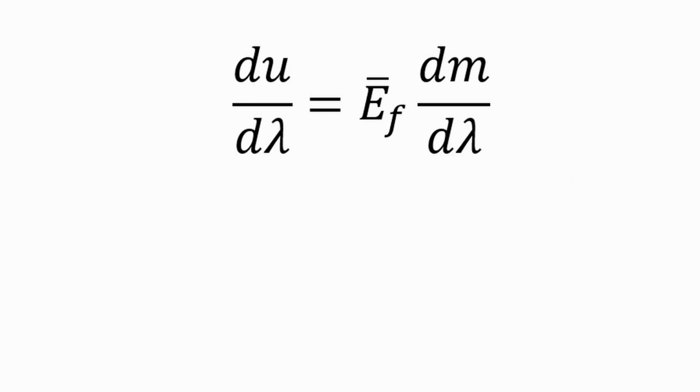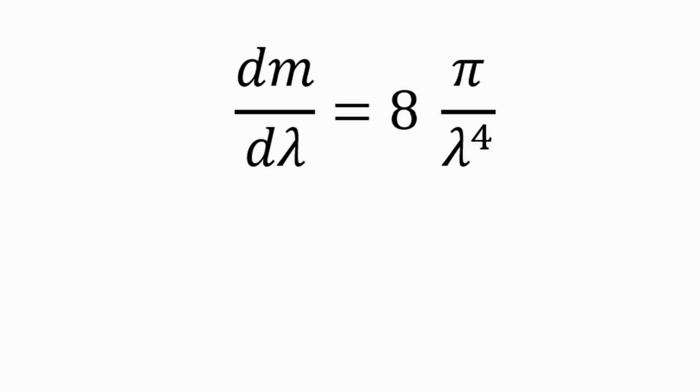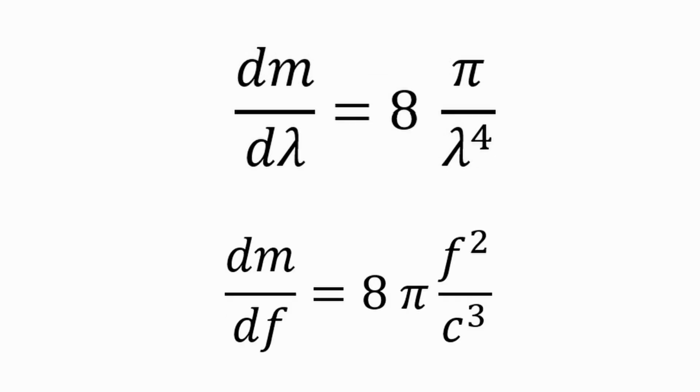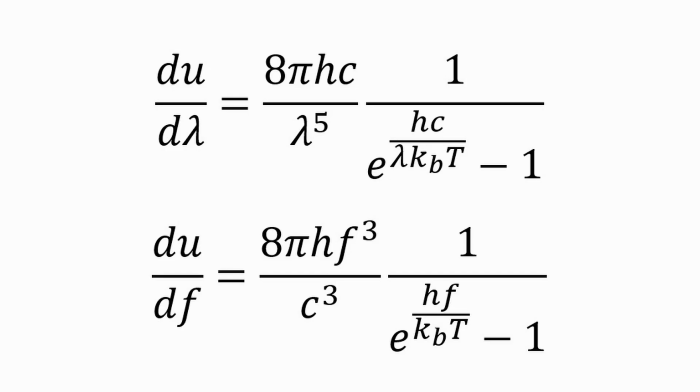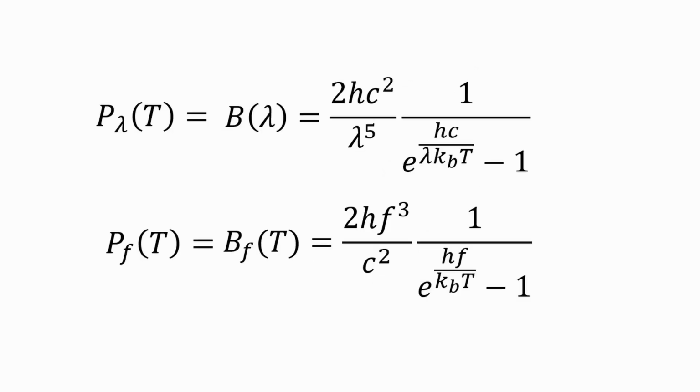We can now write, or in terms of frequency. For standing waves in a cavity we have. And therefore, the radiance is defined as, and Planck's equation for the blackbody radiance are finally written as